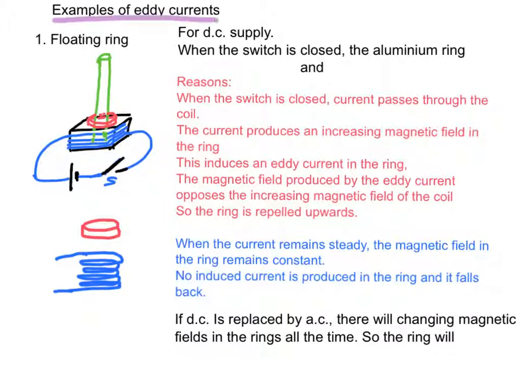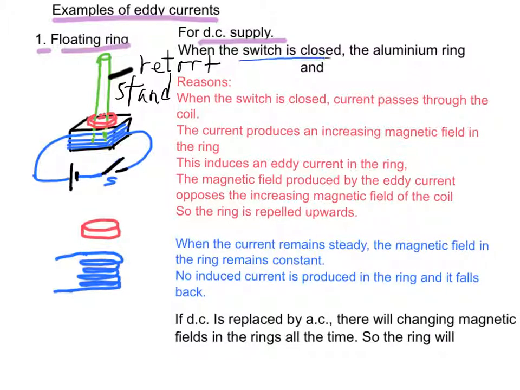Examples of eddy currents. First, the floating ring. As shown in the diagram, a DC supply is connected to a solenoid with a ring placed on top of a cardboard, and a retort stand is put inside the solenoid. When the switch is closed, it is observed that the aluminium ring will